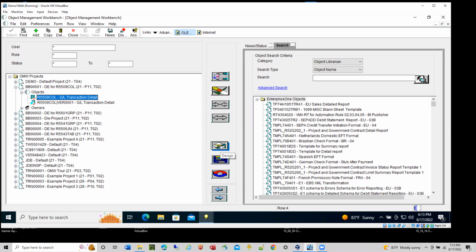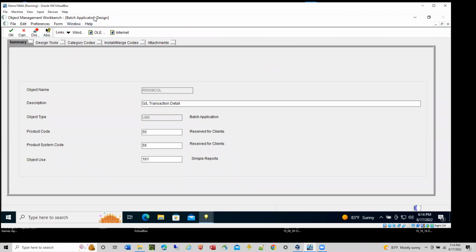The design button, we've seen that quite a few times. This is based on certain objects. By the way, when you go into design, it's dependent upon the type of object that's been highlighted over here on the left. So if I highlight a UBE template and go to design, it will take me to the batch application design set of tabs